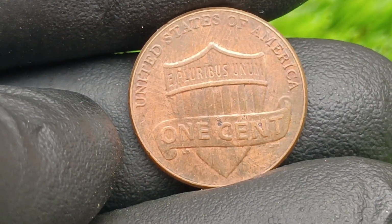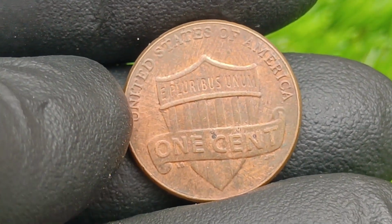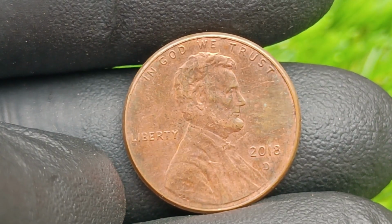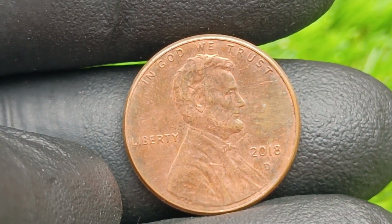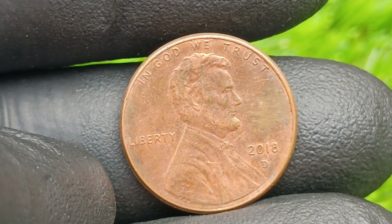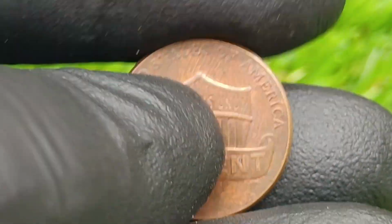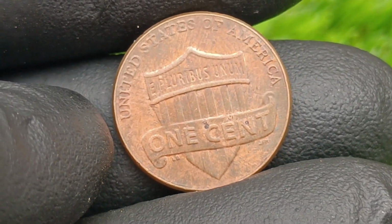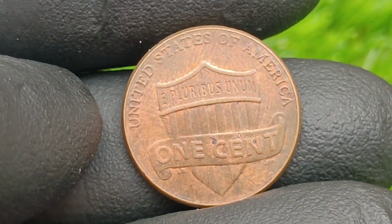This is why the tale of the $6 million 2018 D penny has gone viral, spreading beyond coin circles into popular culture, being covered in videos, articles, and discussions that captivate audiences who may not have cared about coins before, because the story embodies mystery, rarity, wealth, and discovery all rolled into one. And when you combine those elements, you have the perfect recipe for a viral phenomenon, and that's exactly what has